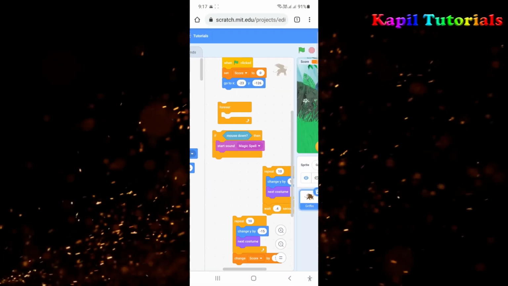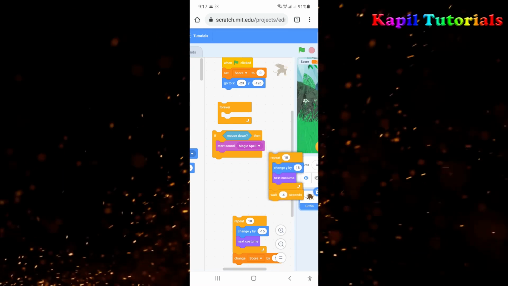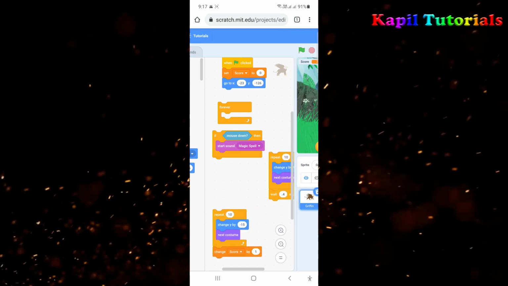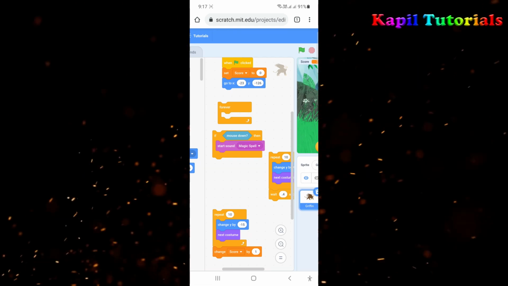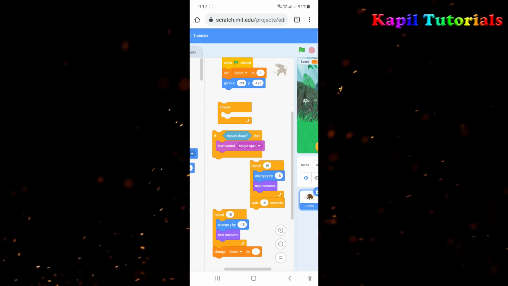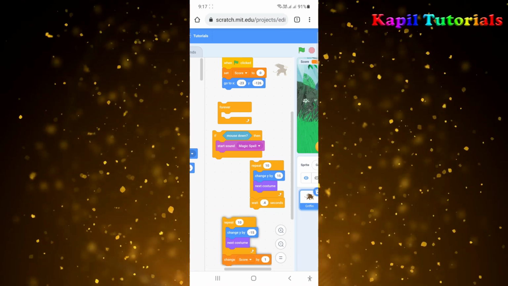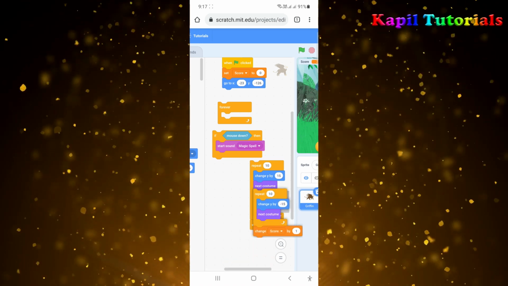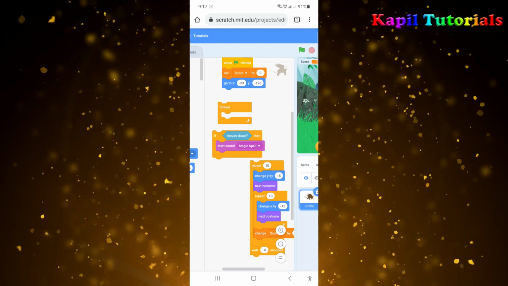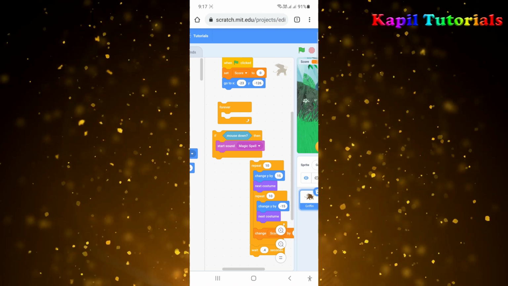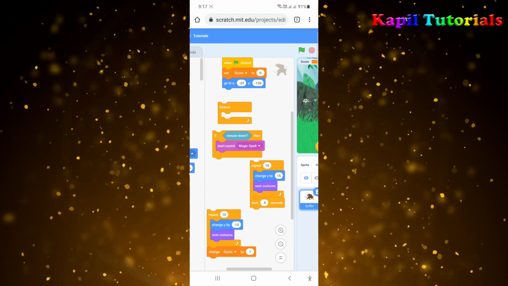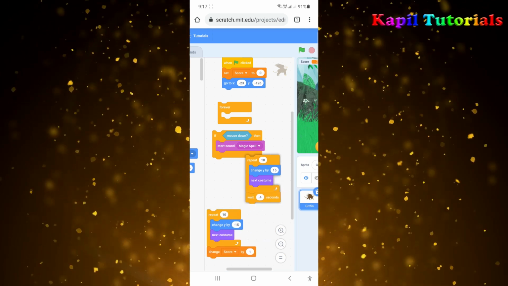Then repeat. Now this repeat is separate, and this repeat is separate, and they both should enter the if command. What the students are doing actually, sometimes they are using this repeat and putting the other repeat inside this repeat. In this case it is not working. Your coding is wrong. So I'll put it out. Firstly I'll place it in the if command.